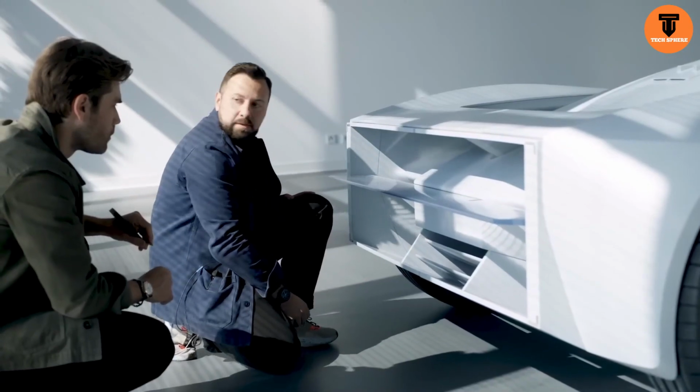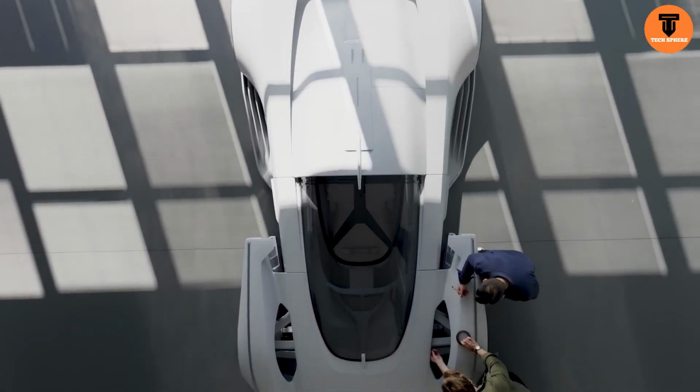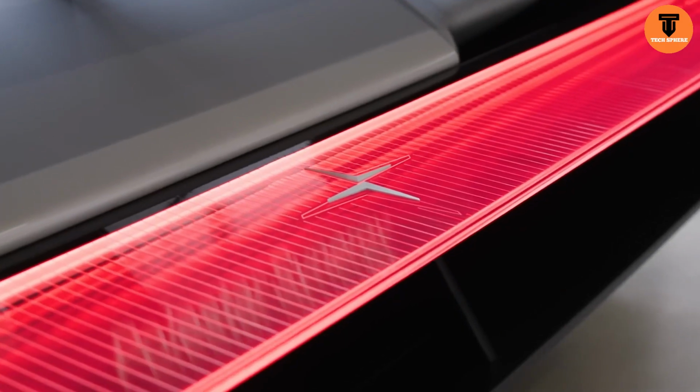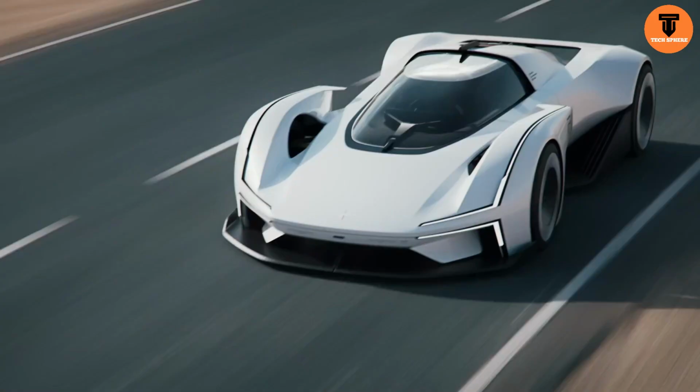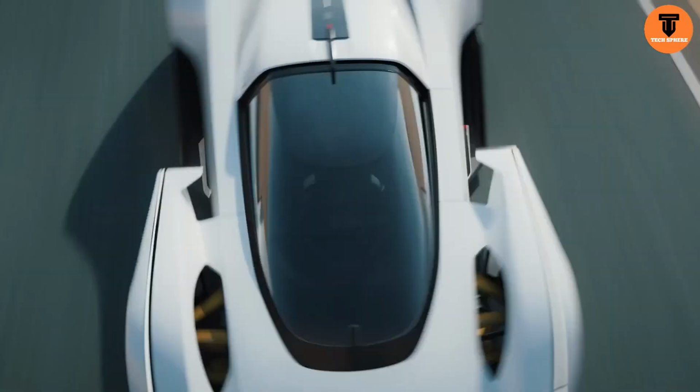impossible to ignore. Designed for both performance and drama, the Synergy features massive aero channels sculpted into the body to manage airflow and boost speed. The rear looks like something from a spaceship, with air channeled directly through and out the back. Instead of doors, you get a stunning glass canopy that flips forward, revealing a cockpit that's built for one, and